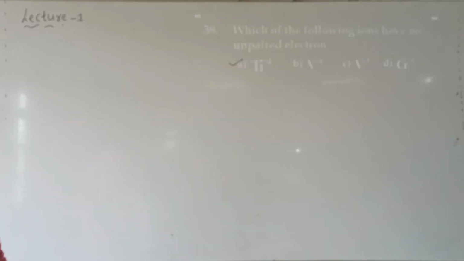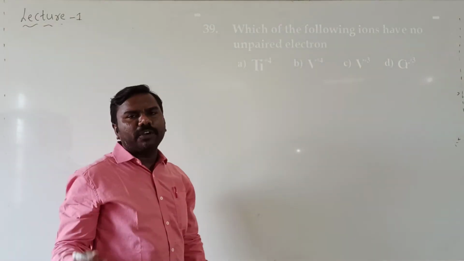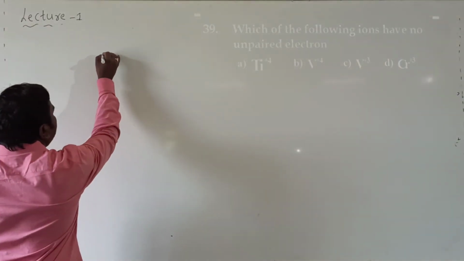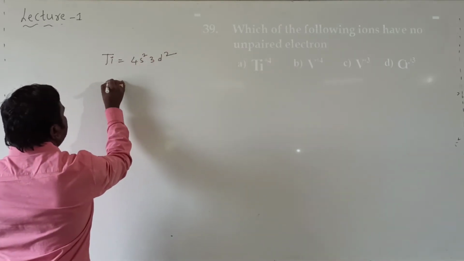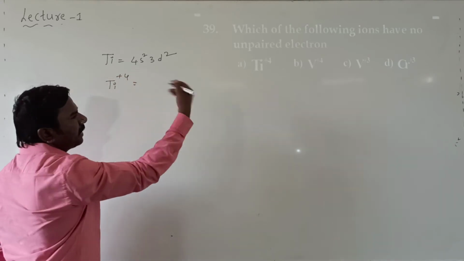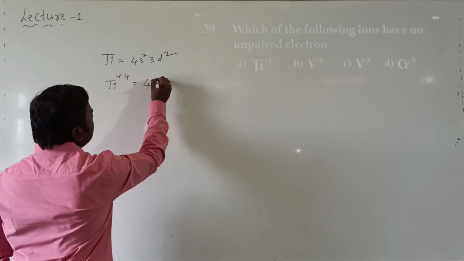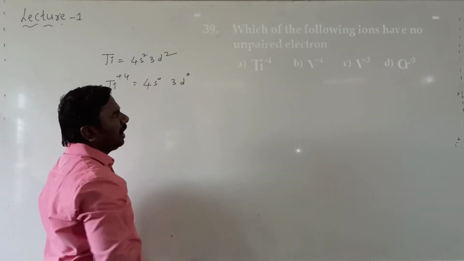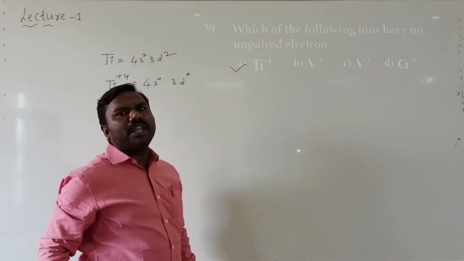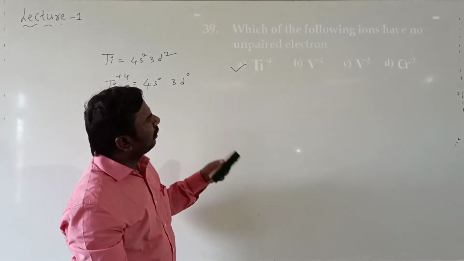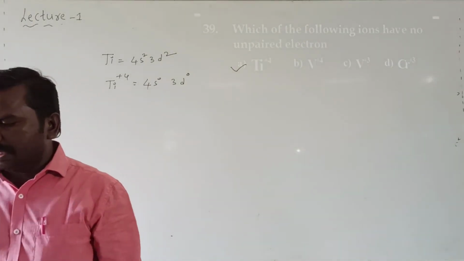Next, which of the following ions have no unpaired electrons? You have to verify the options. Titanium configuration is 4s2 3d2. For titanium plus 4, all must be removed. Plus 4 means 4 electrons removed: 2 from s and 2 more from d. No electrons, that's why the answer will be A. If you verify the remaining options, you won't get it. So no unpaired electrons means option A is correct. Next,